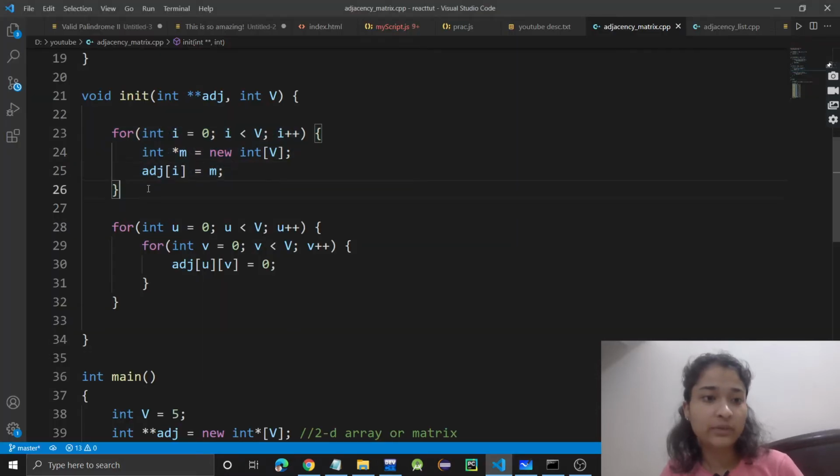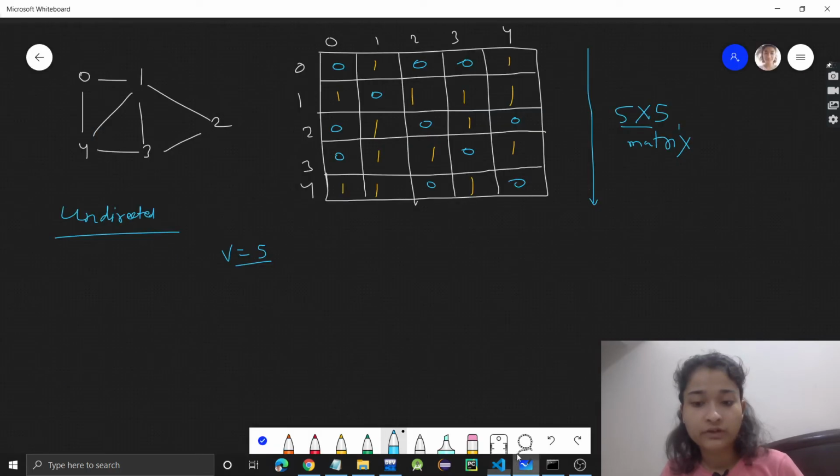After that, at each index u comma v in that matrix, I am initially giving the value 0. For example, initially all these values will be 0.